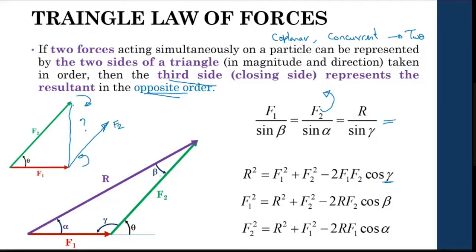So the angle between these two is beta. So I can use that beta. So others I will write it. So this is how you will get it. But anyway, this is not that much important. Mainly this part is important, the angle with respect to this. So now we have two sets of formulas.